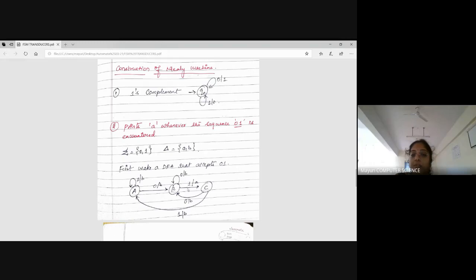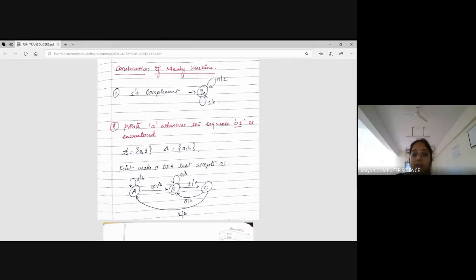See only inputs. I have 3 states here, A, B, C. If you want, you can keep Q0, Q1, Q2. Again from C, if I give input 0, where does it have to go? It has to go to B, so that I will end with 1. So this is the DFA which will end with 0, 1. For C, I have given 0 input. What about 1 input? Even if I give 1 input, it has to end up with 0, 1.